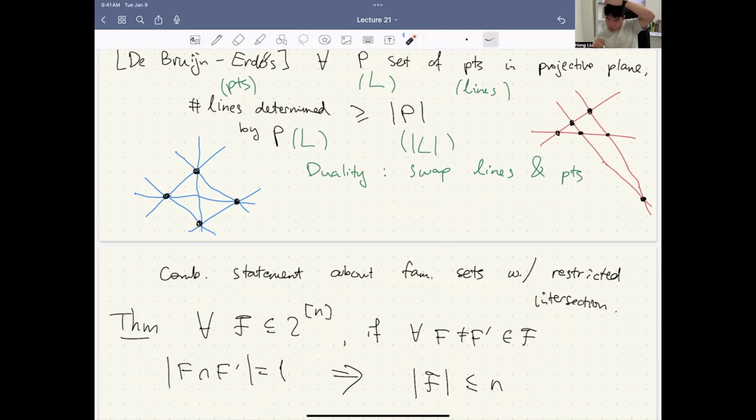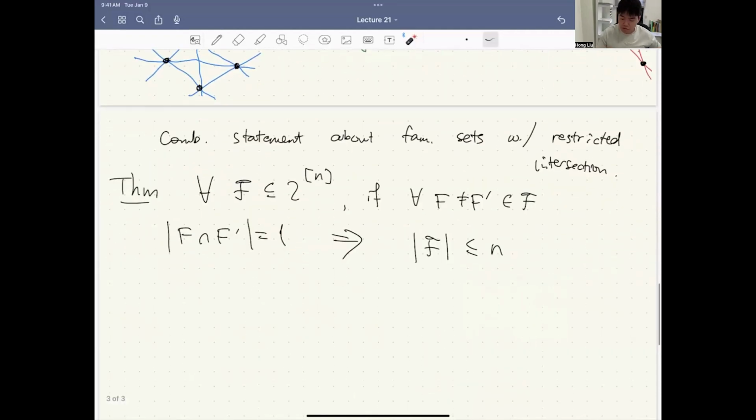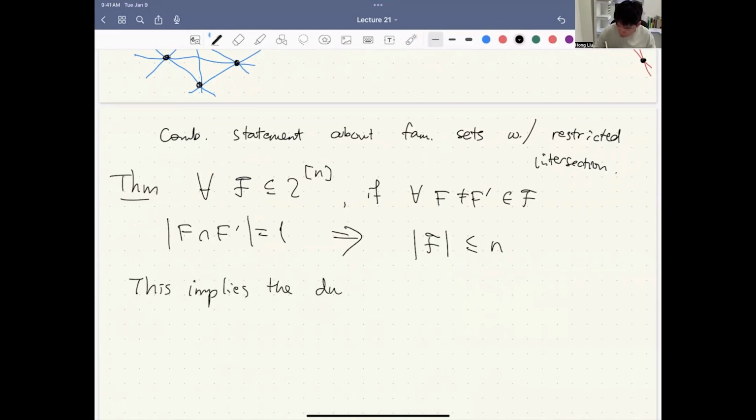Then the number of lines is at most n. So the number of lines is the L here, and the number of points determined by lines is the ground set. Let me write it down. This implies the dual statement of the prime Erdős,